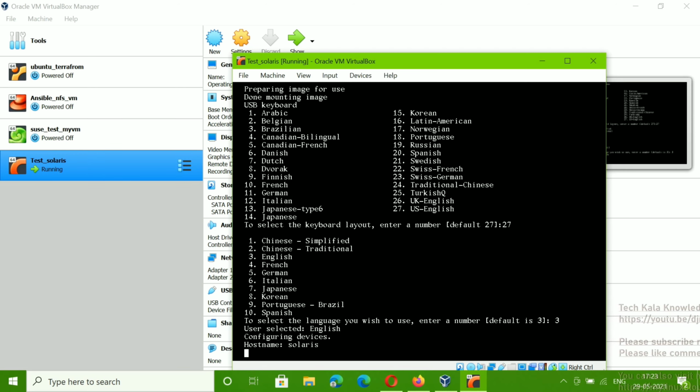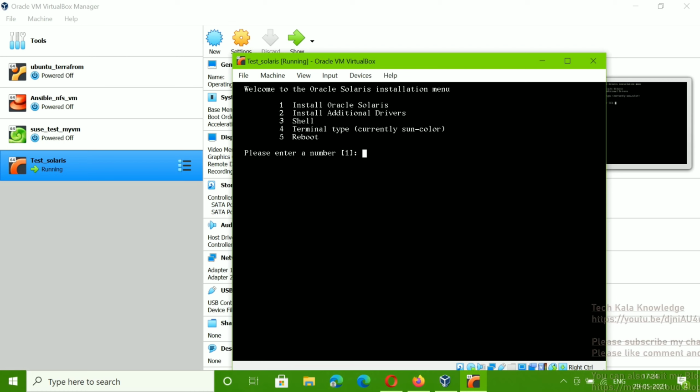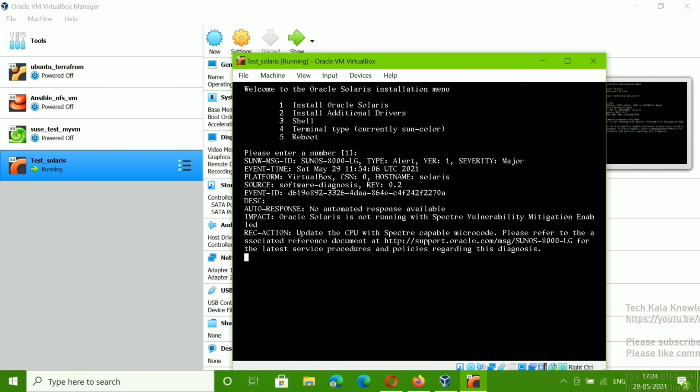The hostname is coming up, you can see this, and we will change that one. Yes, now we are getting the installation options. You can see the first is install Oracle Solaris, second is install additional drivers, third is a shell, fourth is terminal types, and fifth is reboot.